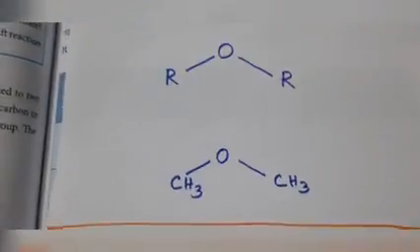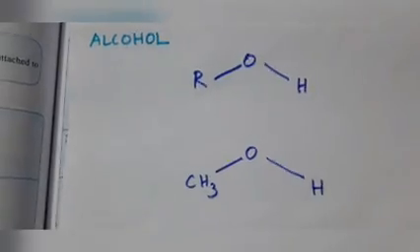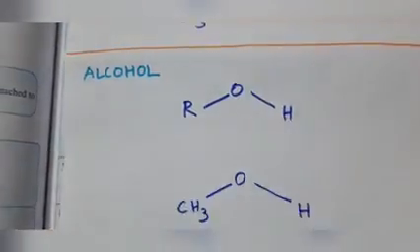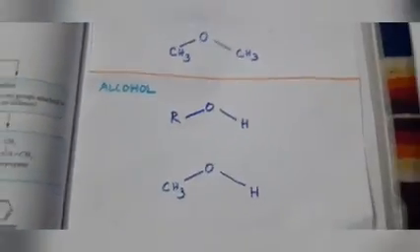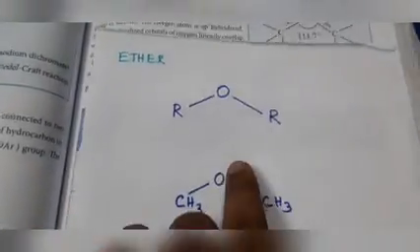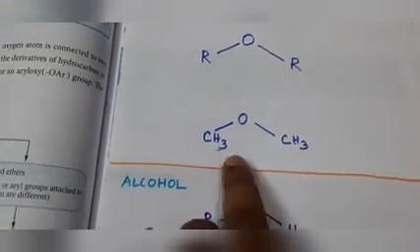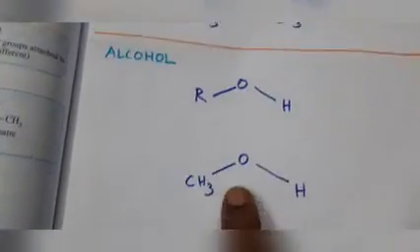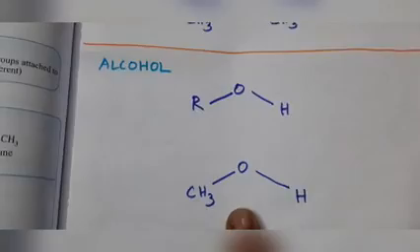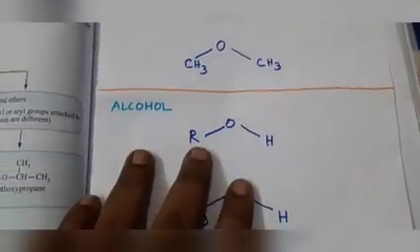The first point is the ether structure is similar to alcohol structure. Alcohol means an OH group containing compound. Ether structure means, as you already know, ROR. The example for ether is CH3OCH3, which is similar to its corresponding alcohol structure, that is CH3OH. This is the first point.